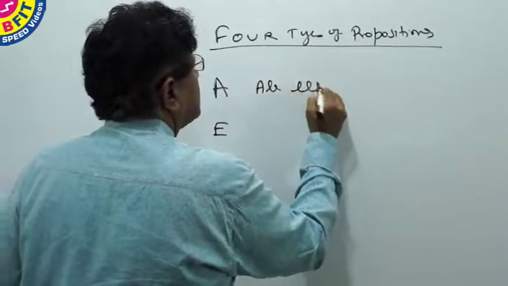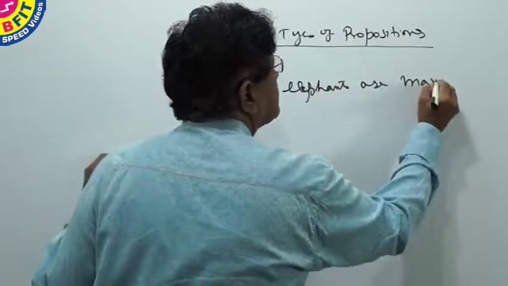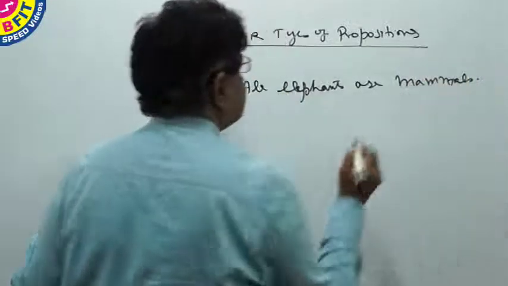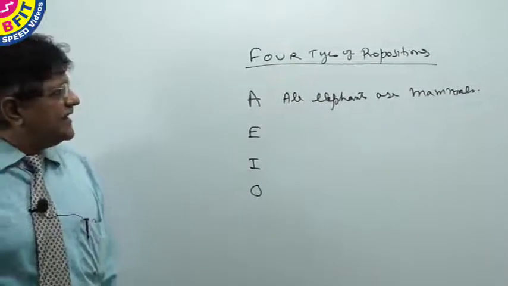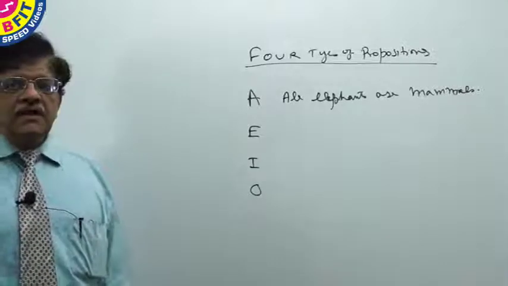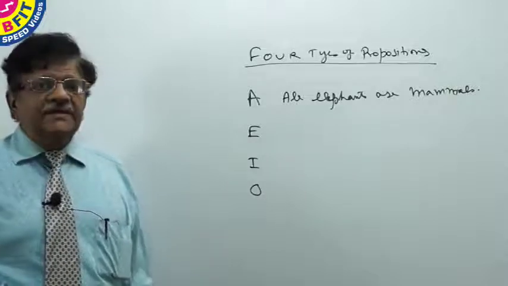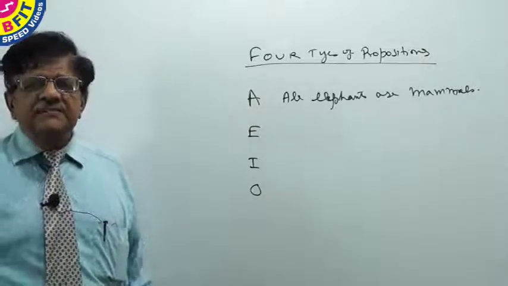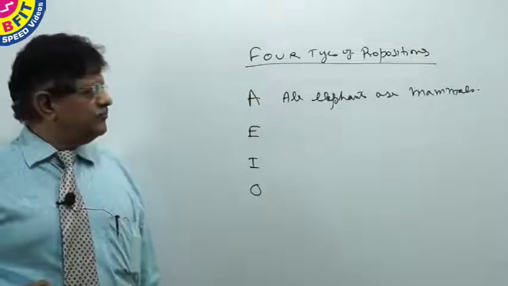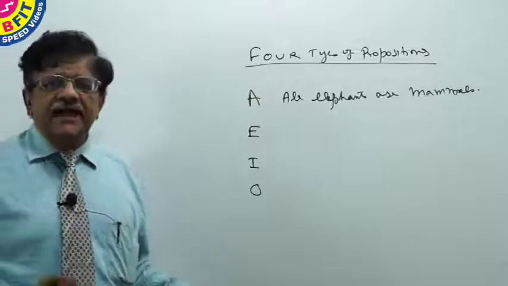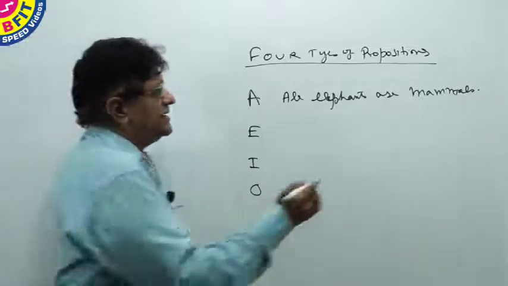All elephants are mammals. That is the first type of logical statement. When I say all elephants, I mean the entire class of elephants, the entire universe of elephants. I am not making any exception. I don't say all elephants except the elephant Kesavan in Guruvayur, or except the elephants that are there in the Indian jungles. All elephants are mammals. So it is universal,